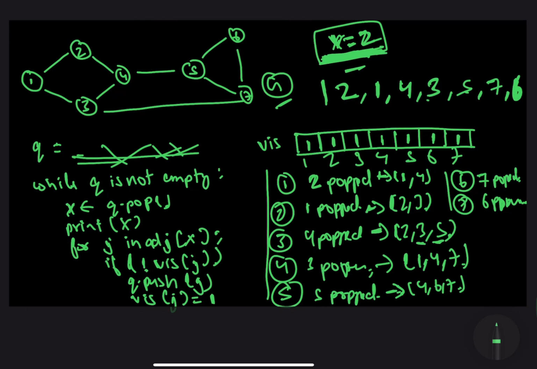And if you notice, this is the order in which we iterated over the nodes. So let's just verify if the order is correct or not. The distance of node 2 from the starting node, that was x equals to 2, is equal to 0, because they are both the same. The distance of the nodes 1 and 4 is equal to 1. The distance of the nodes 3 and 5 is equal to 2. And the distance of the nodes 7 and 6 from the starting node is equal to 3 in this case. So we actually managed to iterate over the nodes in the increasing order of their distance.